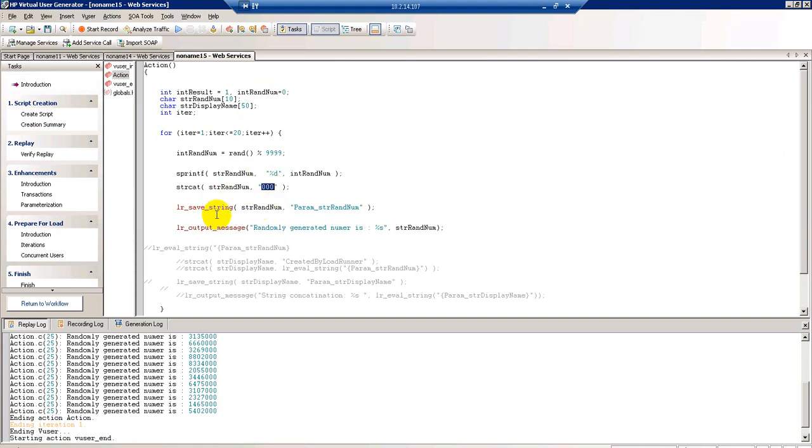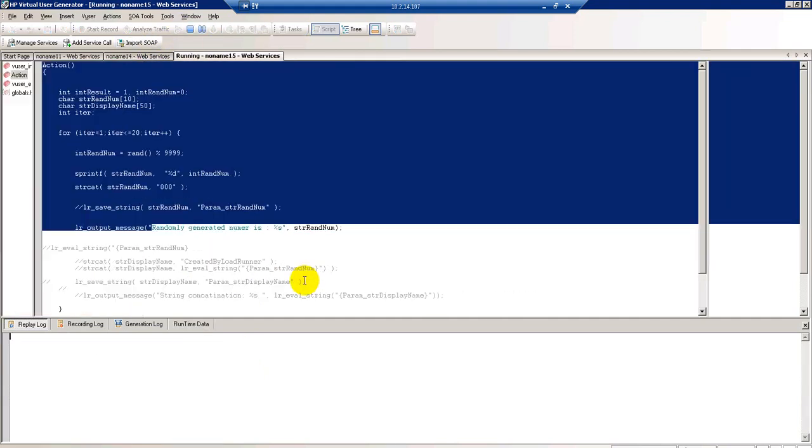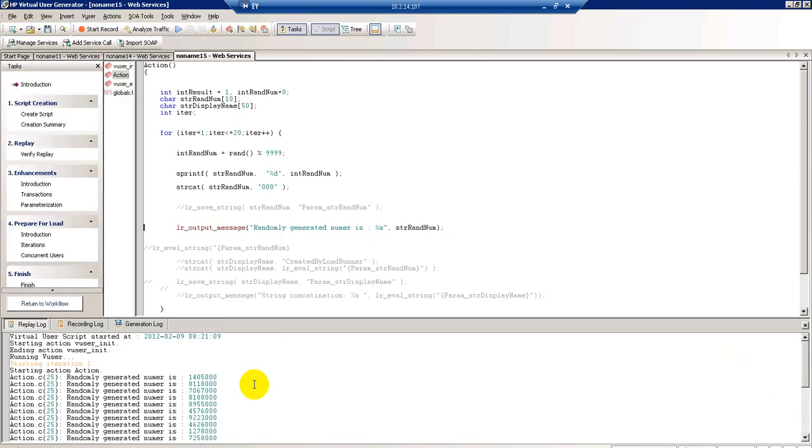I am storing with LR save string here, but for now let's not worry about this. Let's comment that. So I'm just appending and printing this random number. That's it. It's very simple.